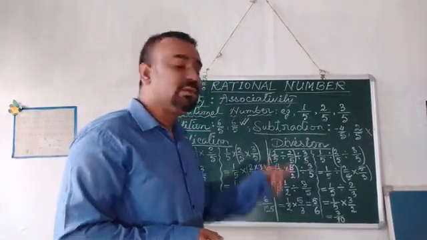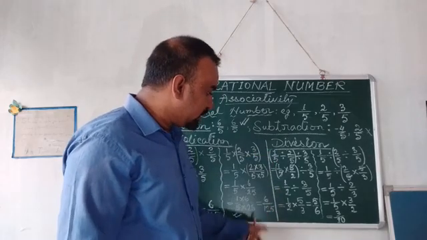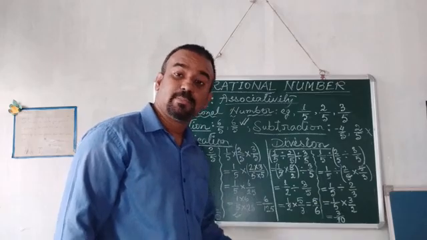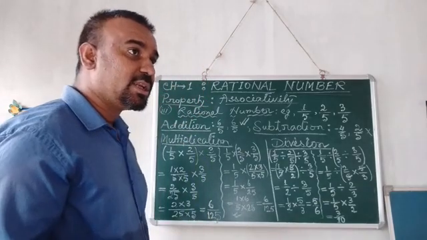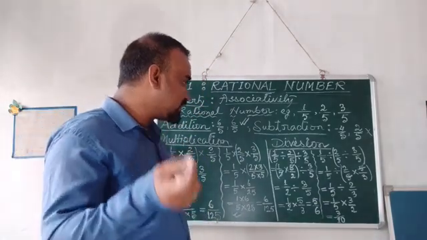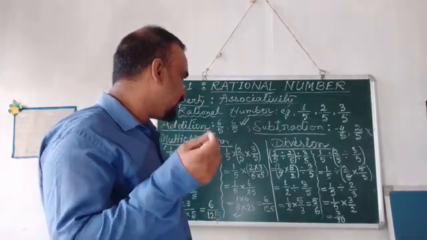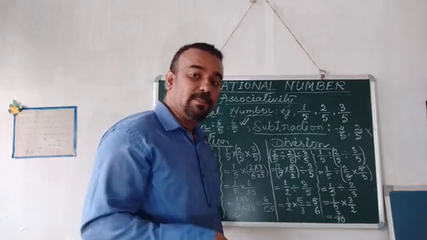Last one is the division. In division, the results again were different. One of them was 5 by 6, the other one was 3 by 10. If the results are not the same, then we cannot accept this, and that is why associativity for rational numbers is not applicable for division.